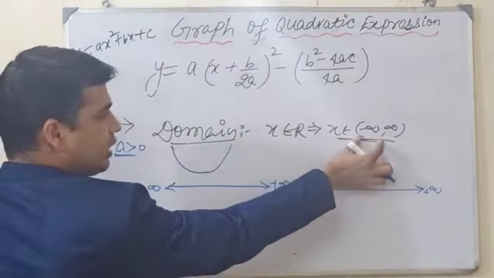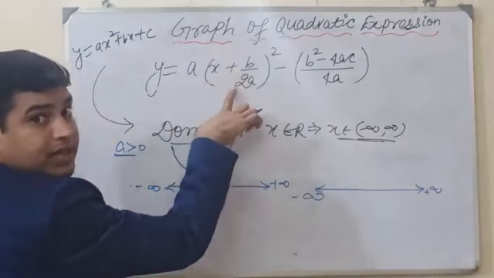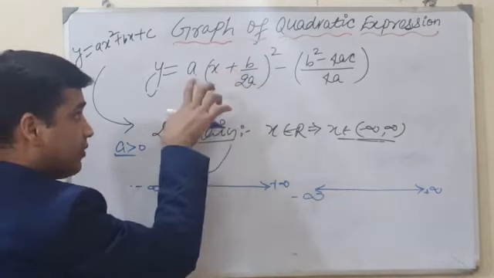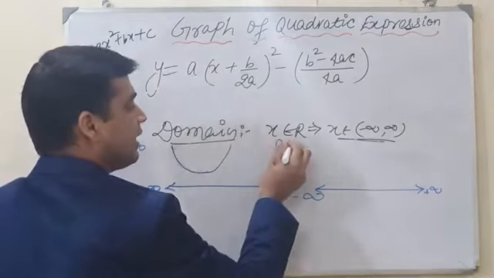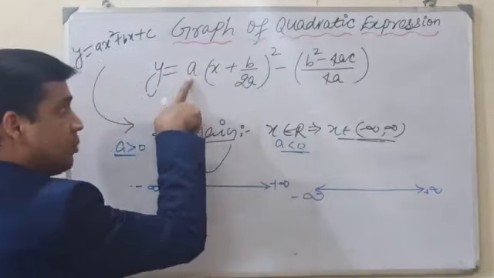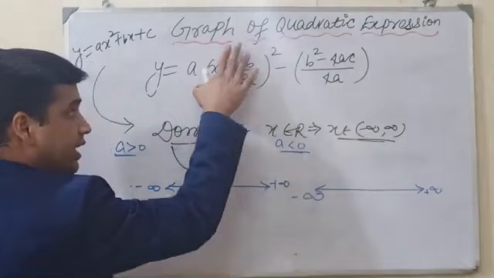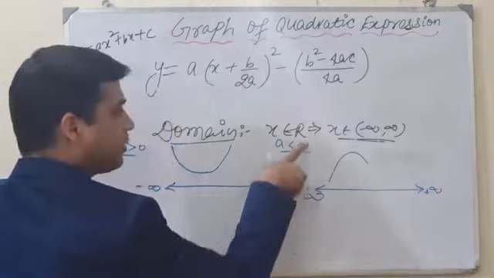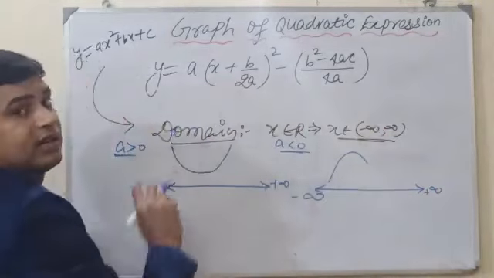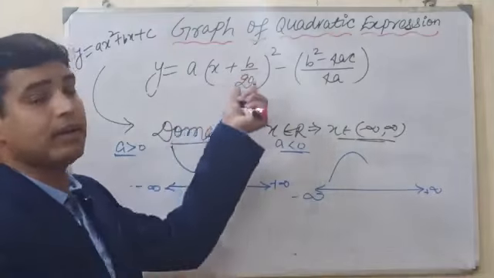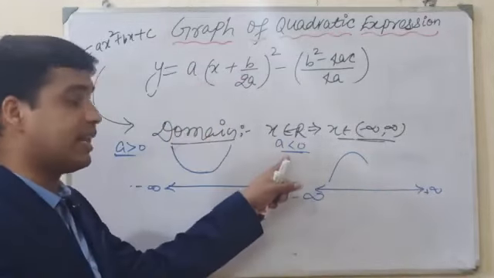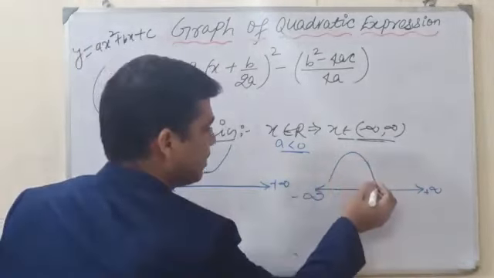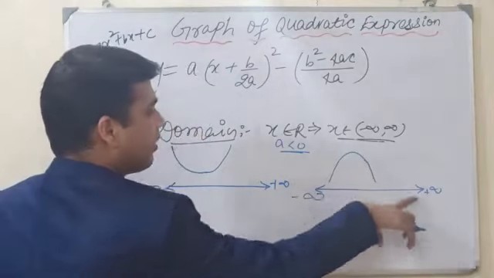Now when we put minus infinity here, the square of this will be positive, because the square of any negative number is positive. But if a is less than 0, I am taking another case, a less than 0 meaning negative, then we get positive into negative, so negative. At minus infinity, we get negative. If you put infinity here, infinity square is a very large number, but multiplied by a negative it is a very small number. So it will be like this. At minus infinity or infinity, we are going downward.